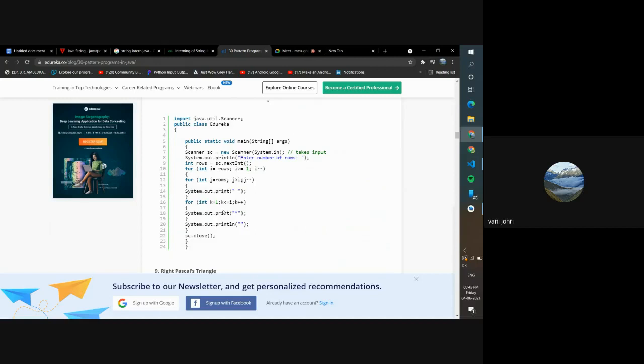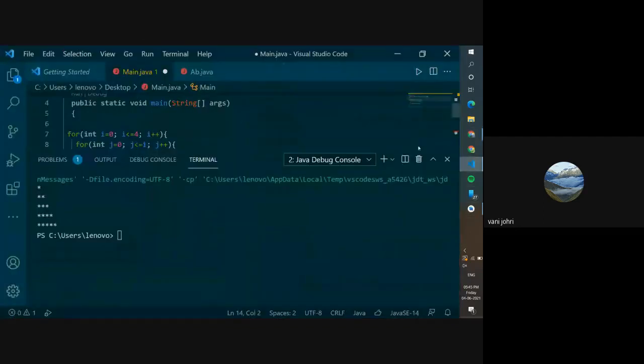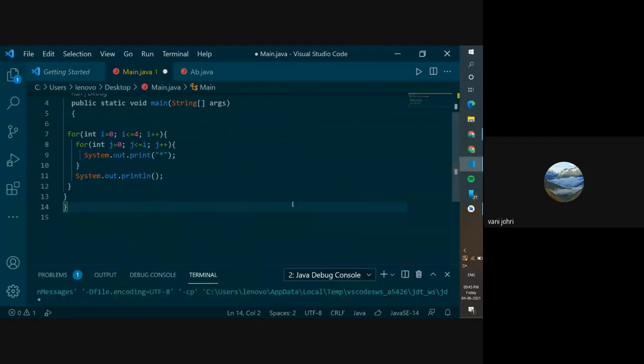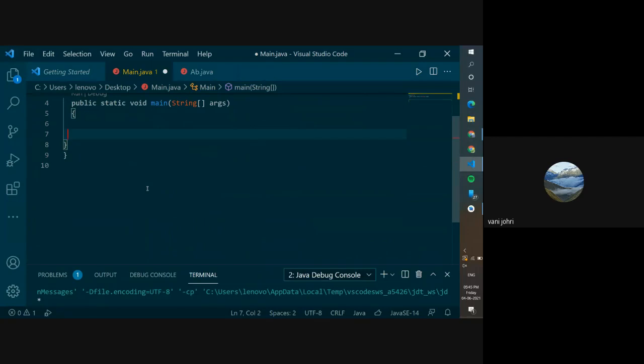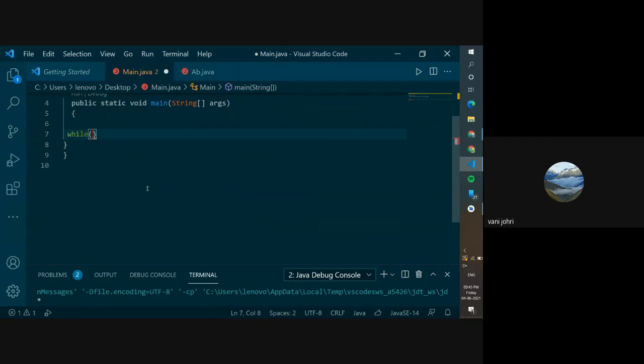Now I'm going to quickly move on and tell you about the while loop, because you need to move forward. As we have a for loop, we have a while loop, and how while works is you write while and then you give the condition. Let's say we had int i = 0, and then we have i less than or equal to 4.